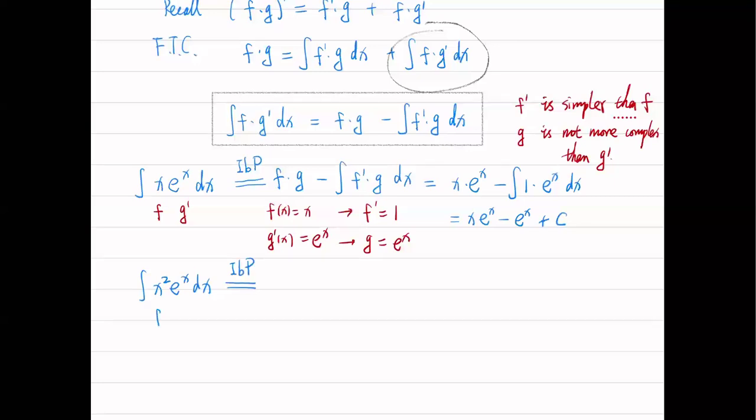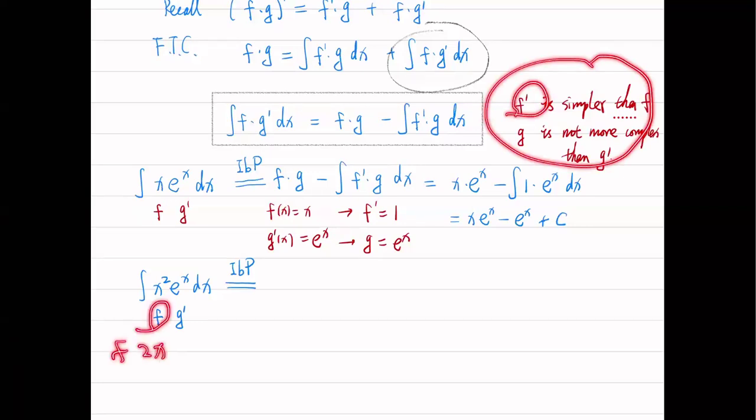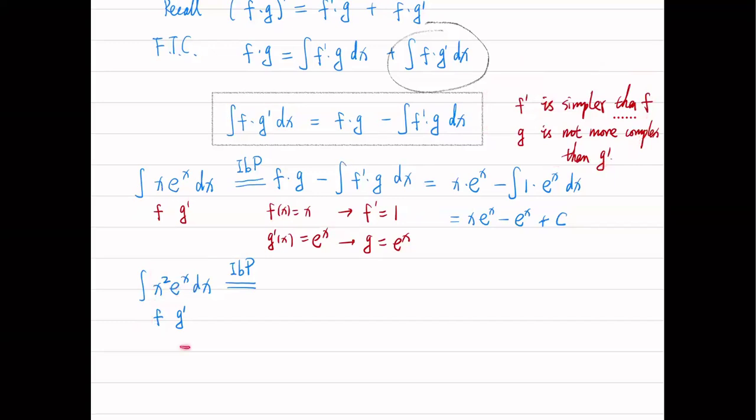This will be our f, our g derivative. Again, we have the same criteria. We check the derivative of f is 2x, simpler than x squared. The antiderivative of this is e to the x, not more complicated. Okay, so